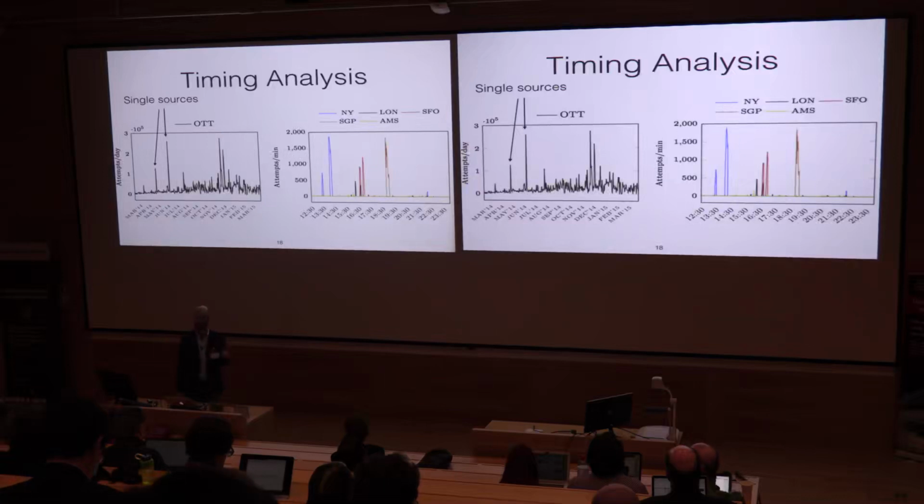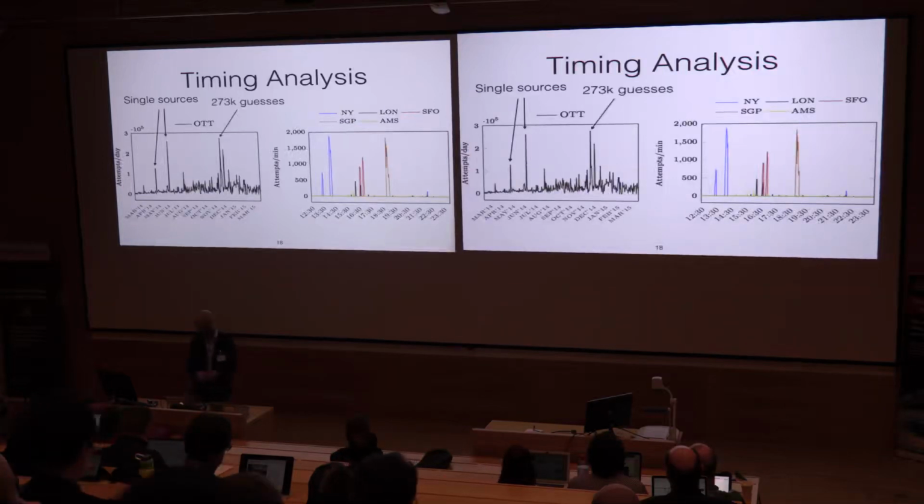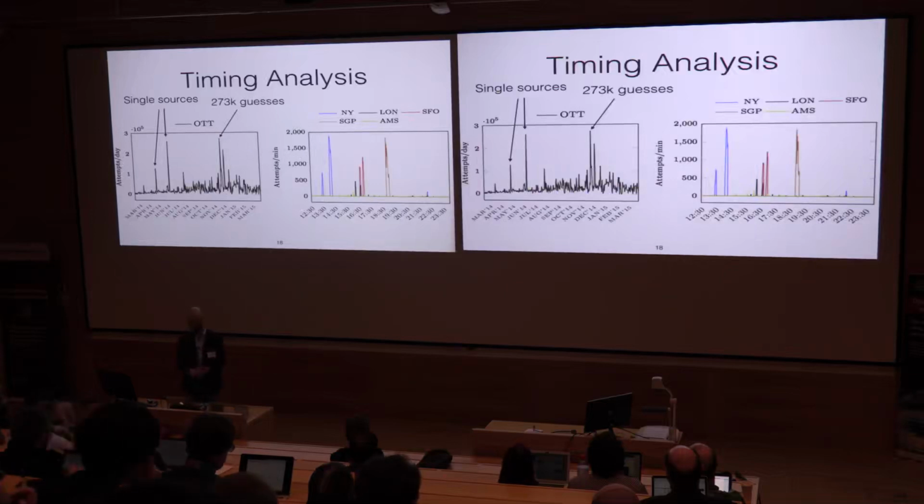So a single source hit this VM pretty hard. And the interesting thing is that these sources only did all these guesses and then went away. We never saw them again over the whole data collection period. Okay, two different sources came once, tried a whole bunch of different login attempts, then went away. They never came back. There's another spike around late November, and this one was a more distributed spike where